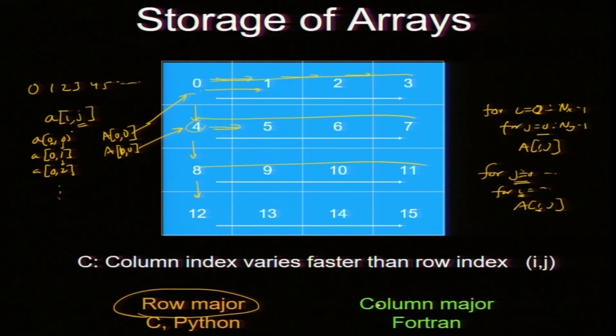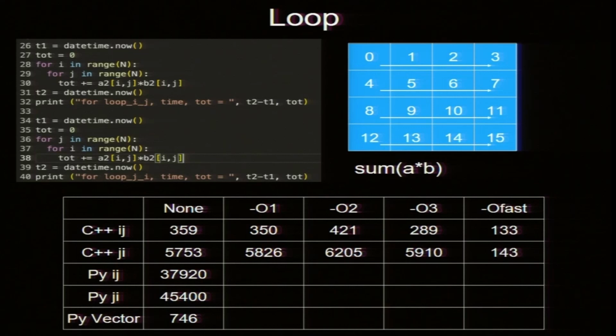So, it turns out numbers in Python are not too different. These are the two codes for loops, and the vector operation I did not have enough space to write, but the vector operation will be just sum A star B. So, it turns out i j and j i are the same numbers. I suspect the interpreter is smart, basically taking j i as i j. I do not know how it is implemented inside, but many times these are very smart interpreters, and they are just switching it.